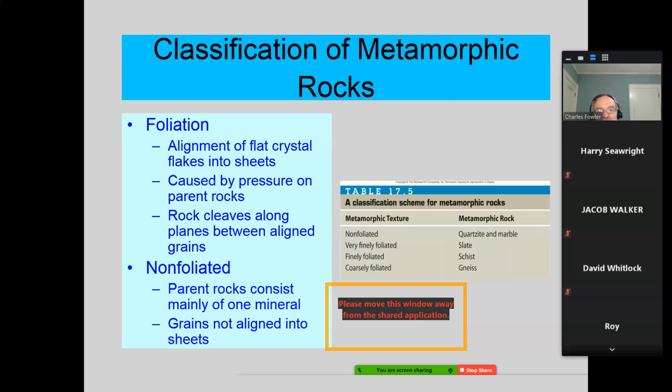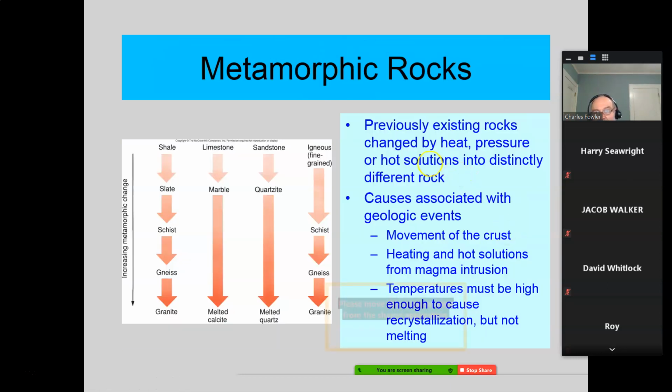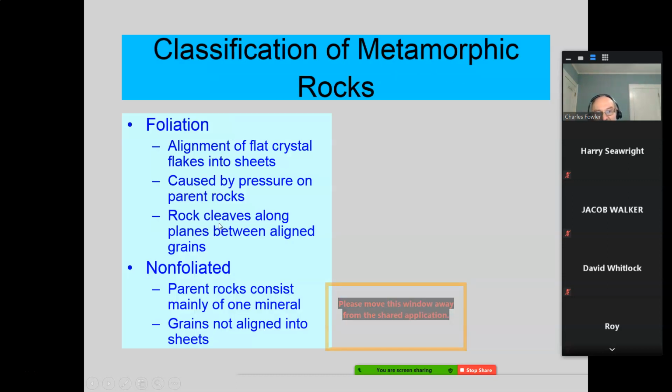So here's how we separate some of those. The non-foliated would be things like quartzite and marble, which I mentioned before. The quartzite here, sandstone itself can be somewhat foliated, but when it becomes quartzite, quartzite is a three-dimensional crystal, not foliated into two dimensions. Limestone generally is a bulk type rock, and it forms a bulk type non-foliated marble. Okay? Whereas